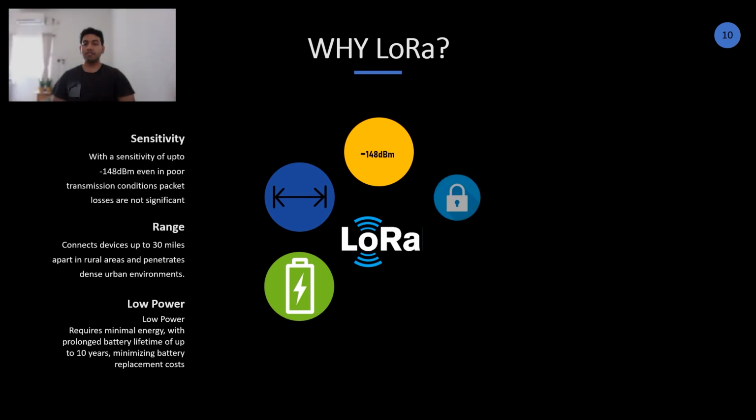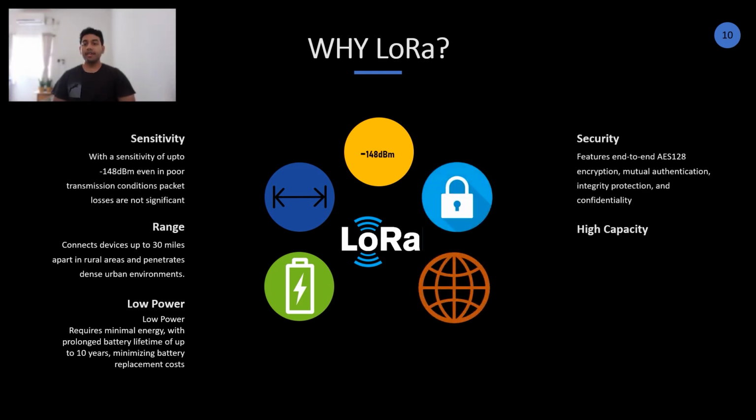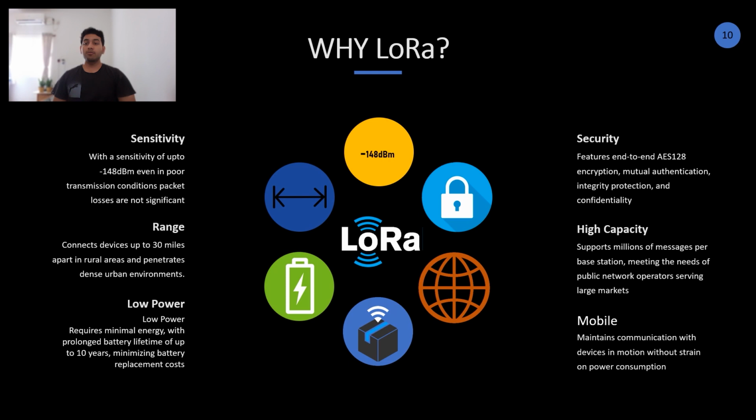So, to look at a few more features about why we chose LoRa for this communication, LoRa has some amazing features, including sensitivity. With the sensitivity of all the way down to minus 148 dBm, even in harsh circumstances where you might have trees, you might have buildings, you might not have perfectly tuned antennas, or any other things like clouds that might be interfering between your CANSAT and your ground station, you will be able to receive a signal and be able to decode it because the sensitivity allows a really good link margin.